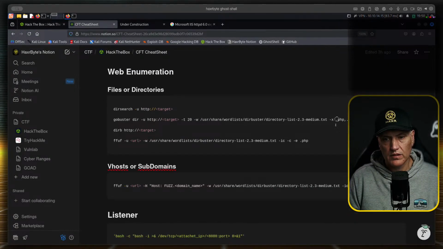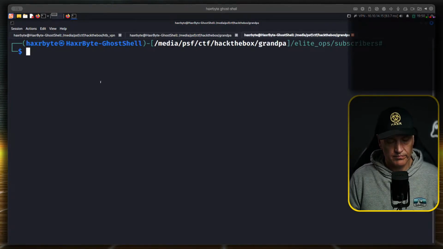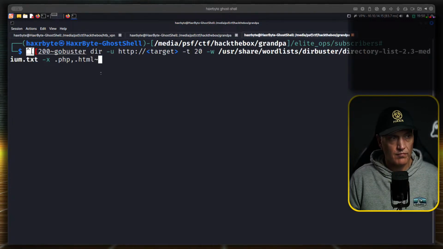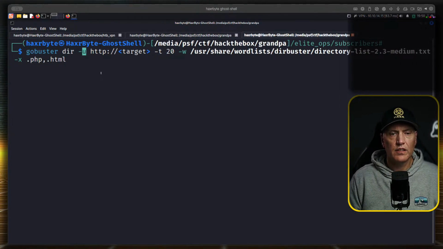GoBuster, let's try GoBuster. I guess we can look for PHP. GoBuster, looking for directories.